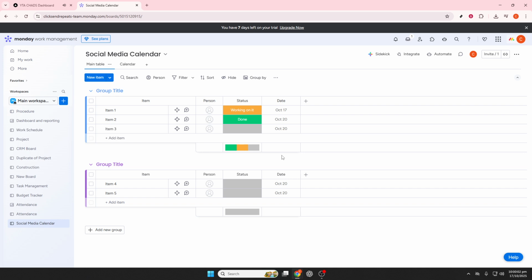That wraps up our guide on creating an editorial calendar on monday.com. Follow these steps and you'll have